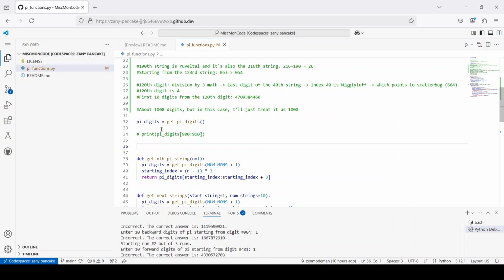So we've got 3.14159, 864, 264, 338, 327, 950, 288, 419, 716, 939, 937, 510, 582, 097, 494,